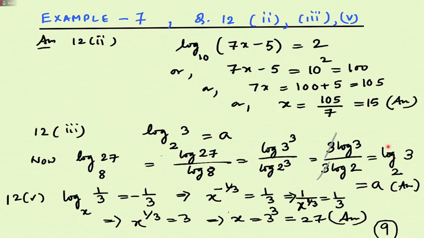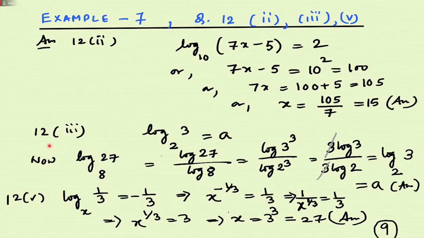Okay. Now we are using that relation: log m base a equal to x implies m equal to a to the power x. Now a to the power x is here 100. So 7x equal to 105. Now x is equal to 15. So your option will be C here.